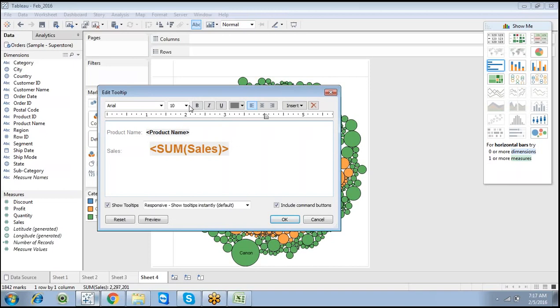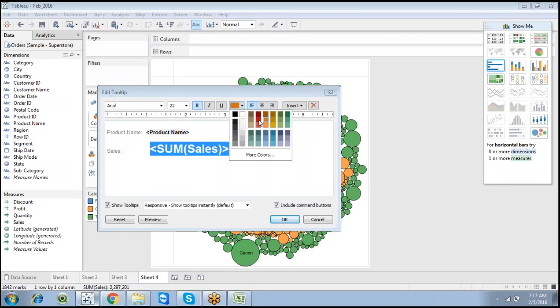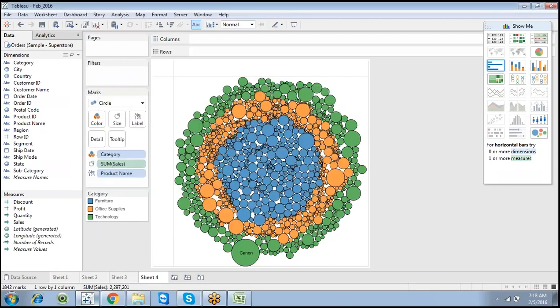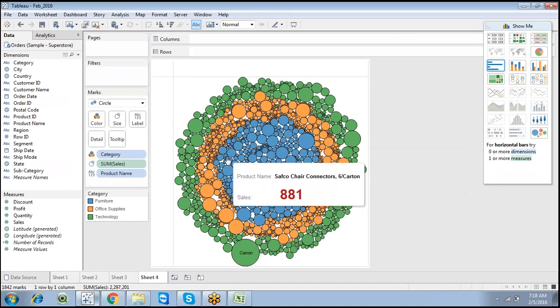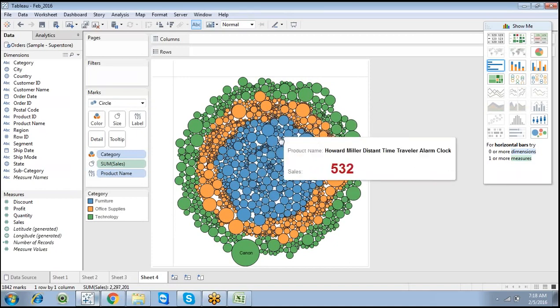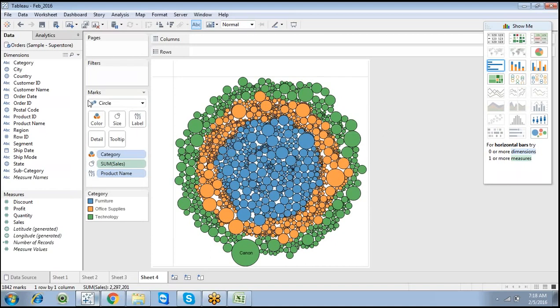Make use of some bold color. So go with a red color and increase the size, right? So click OK. Now you can see it is a clearer tooltip, so you can showcase the actual sales value. So this is the importance of the marks card.